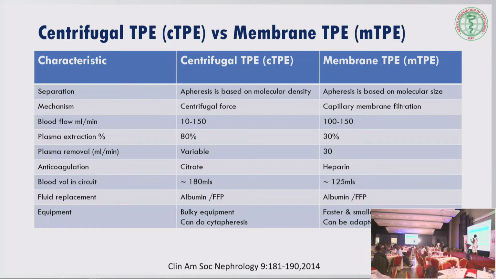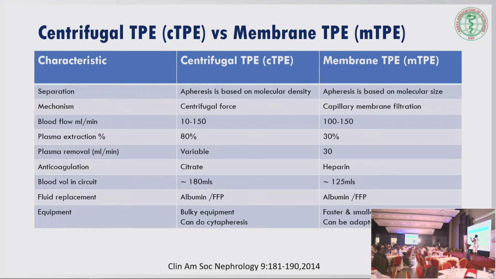Blood volume in the circuit that may be lost is about 125 mLs. It still uses albumin and fresh frozen plasma. It is faster, it is smaller, and it can be adapted for cascade filtration. Cascade filtration is where, as I said, blood comes from the patient into the initial filter,